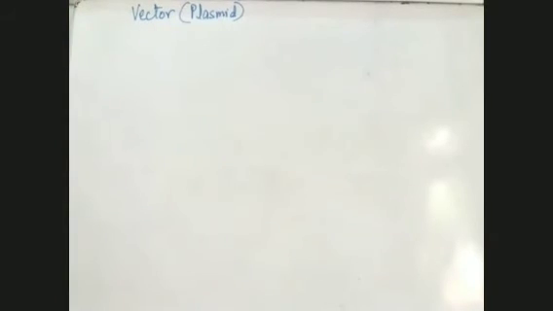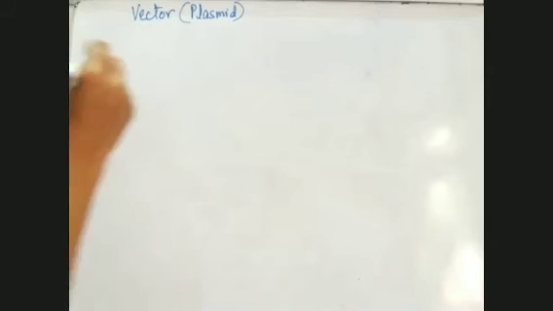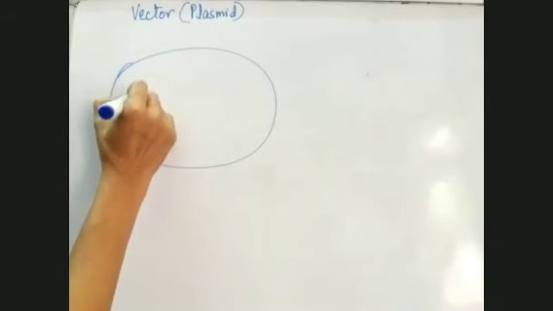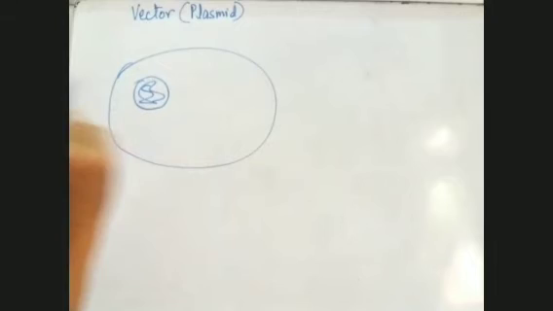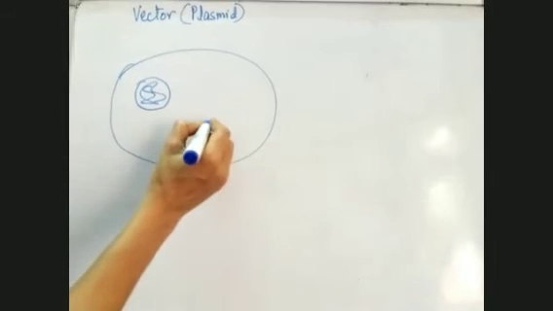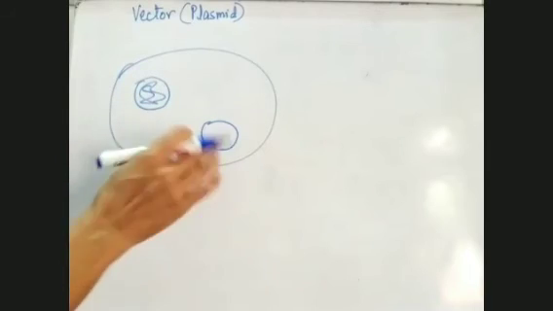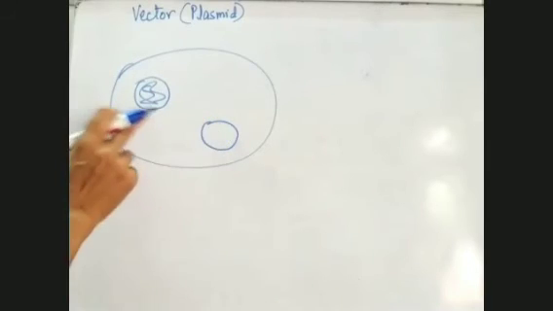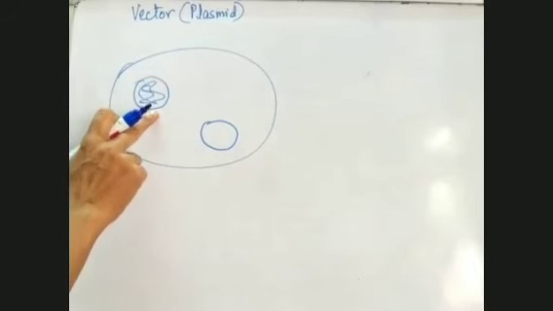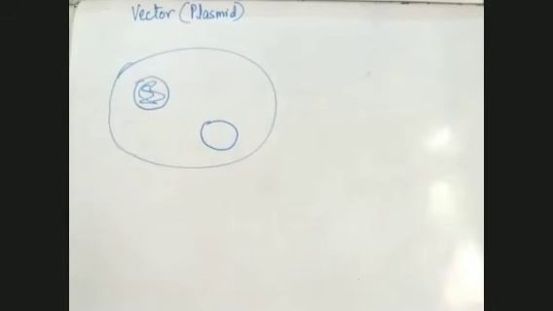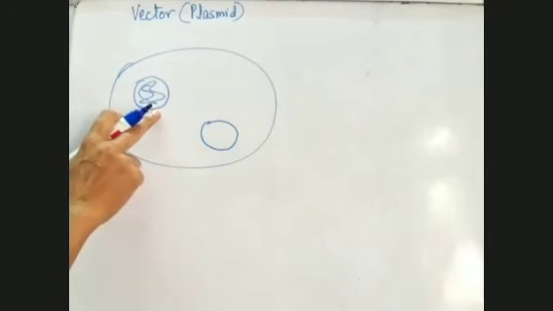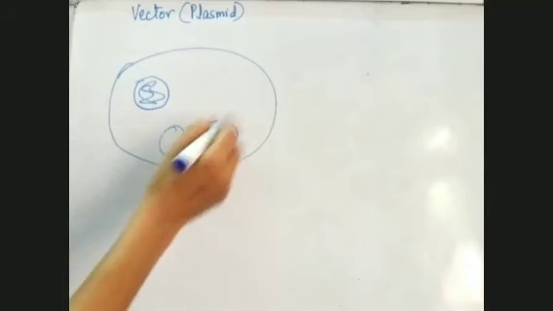It is a nuclear material which is present in the bacteria but not in the nucleus. If this is the bacteria's nucleus, its nuclear material, then there is a similar type of genetic material present in bacteria, but outside the nucleus, and it can multiply on its own irrespective of the directions given by the nucleus. It doesn't depend on the nucleus for its division. All cell divisions depend on the nucleus. When a cell divides, it is wholly dependent on the nucleus, but this can multiply on its own.